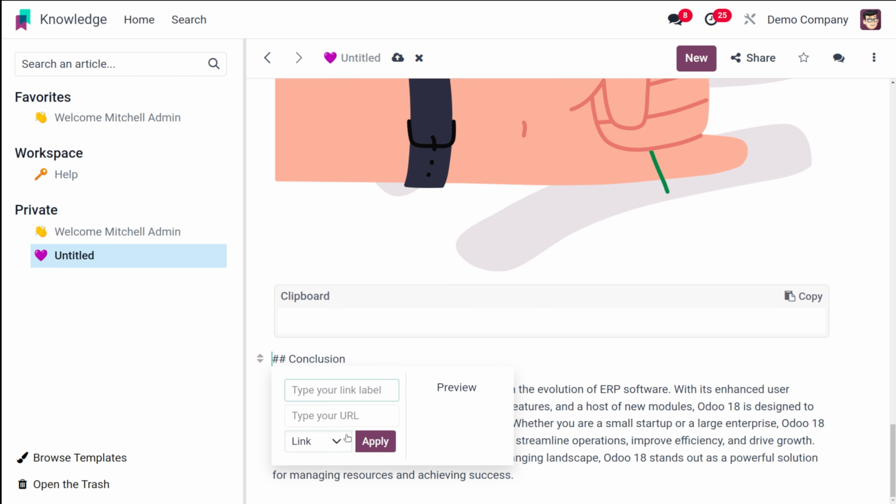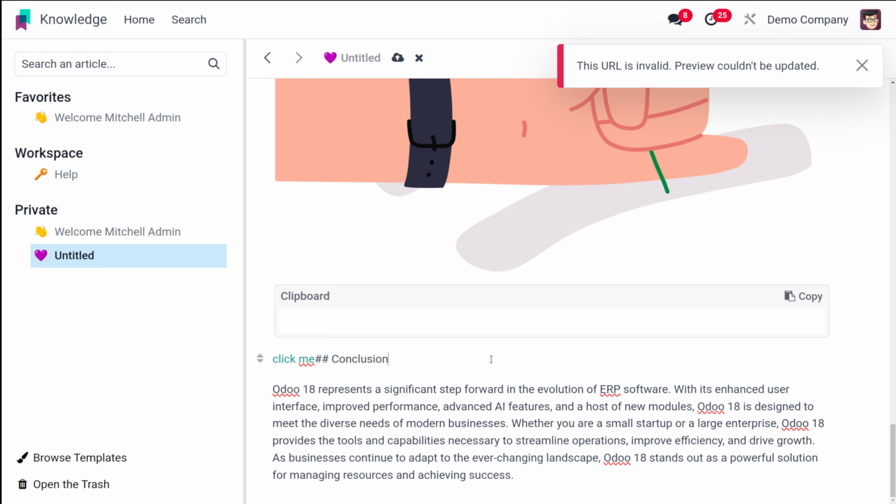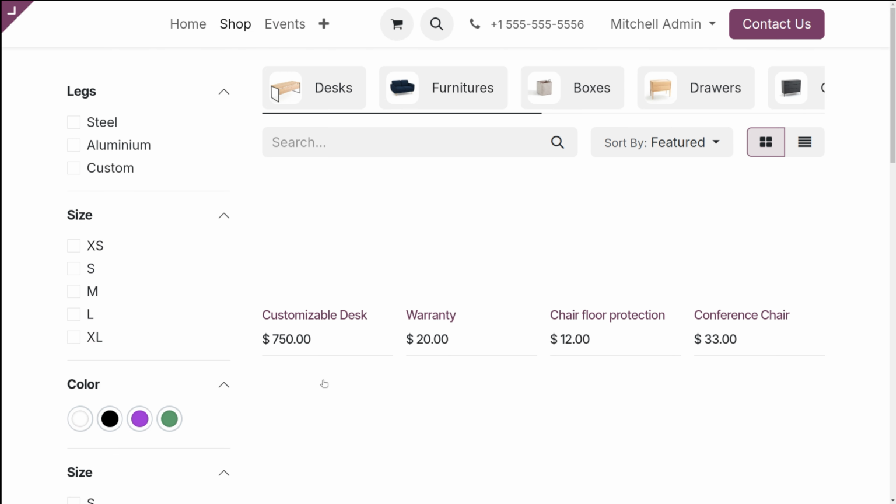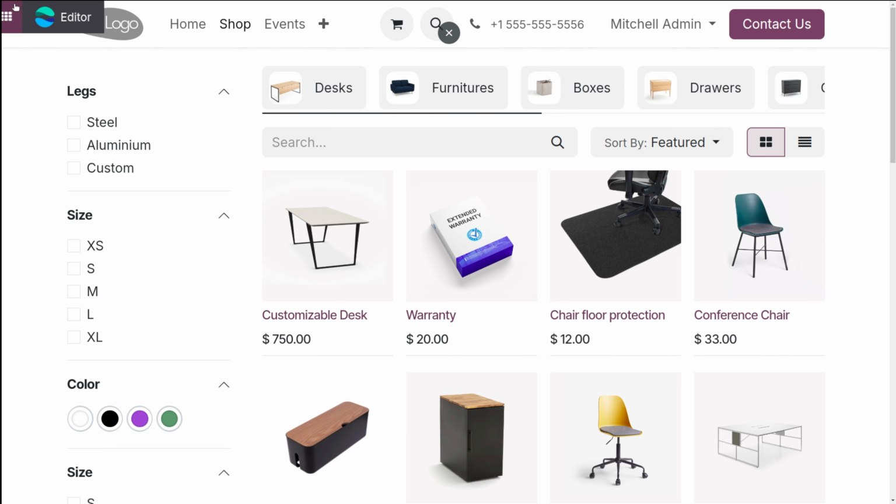So if you click on the link, I'll just put it as click me. The URL I'm giving is shop. So here a link has been added. Now if you click on this link, it will go to the shop of the Odoo website. Okay, just click on this and it will take you to the shop.